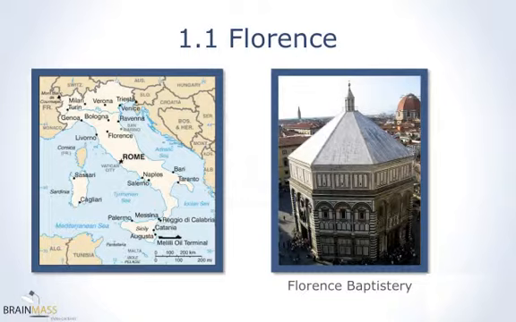Florence had grown in size and power over the years, and one of its most important buildings was a building in the city center called the Baptistery. This baptistery was a place where Christian initiation took place, that is, the bringing of people into the Christian faith by means of baptism with water. It was obviously an important religious building in the city, but it was also an important civic building as well. The baptistery was constructed around the year 1059, and so it was actually there in Florence for a long time before the Renaissance period begins.